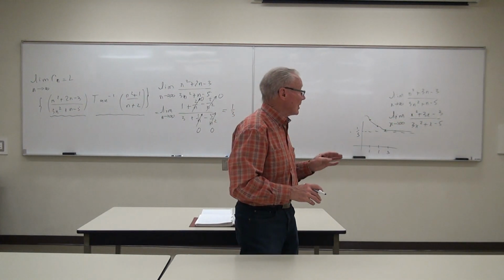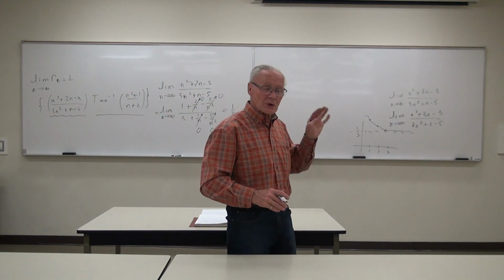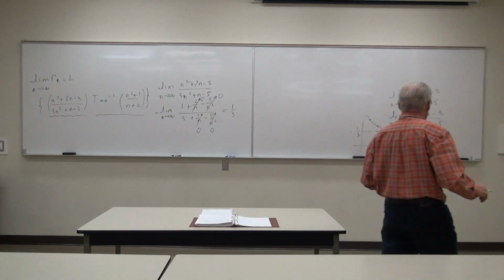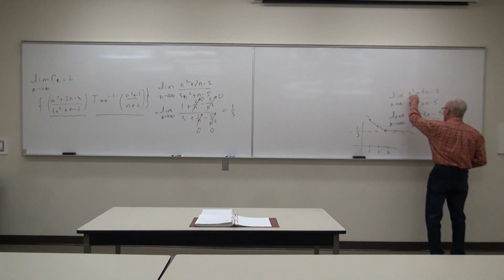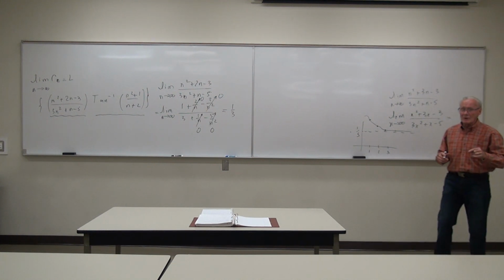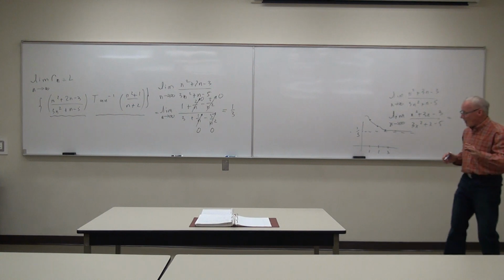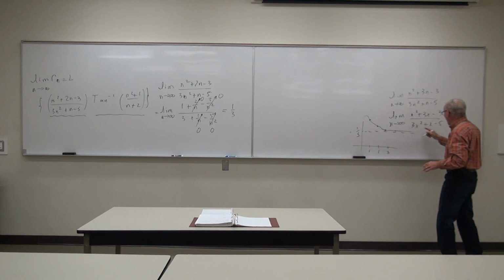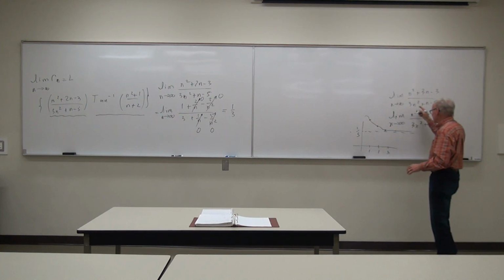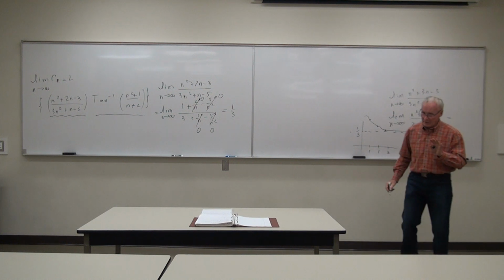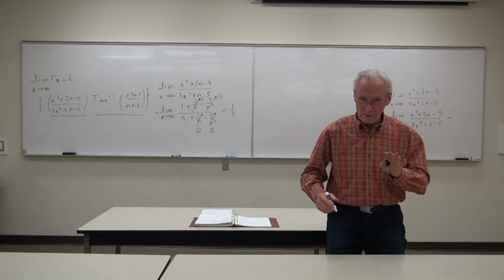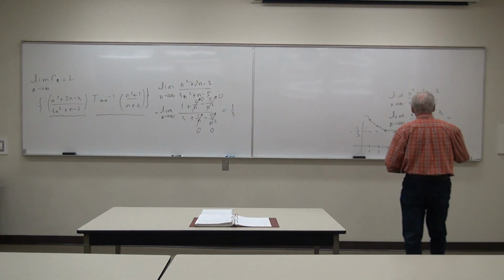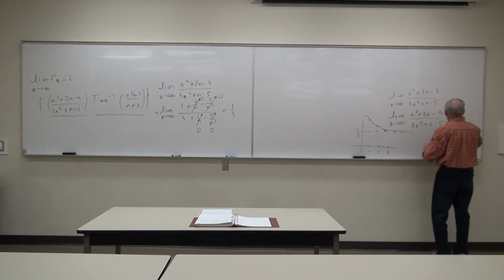In other words, you can use L'Hopital's rule and say that if the limit of this thing exists, then this will have the same value. Now don't take this too far. If this limit does not exist, you can't say anything about that one. Clear? You can't. But this one, if we use L'Hopital's rule on this one, you differentiate the top